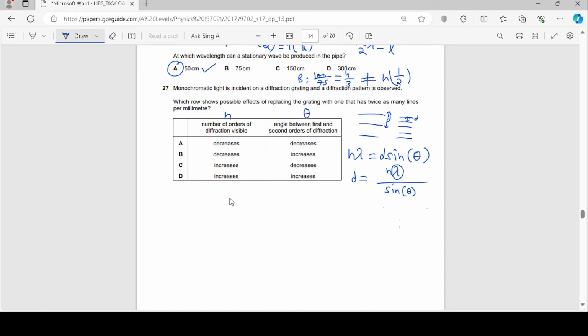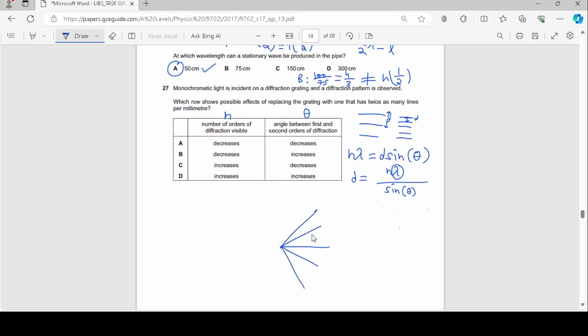I guess technically that is not theta, because theta is the angle for the nth order maximum starting from the 0th order, but obviously the angle between the first and second orders of diffraction would also increase if theta increases, or decrease if theta decreases. I hope you get what I'm trying to say. Anyways, the point here being that